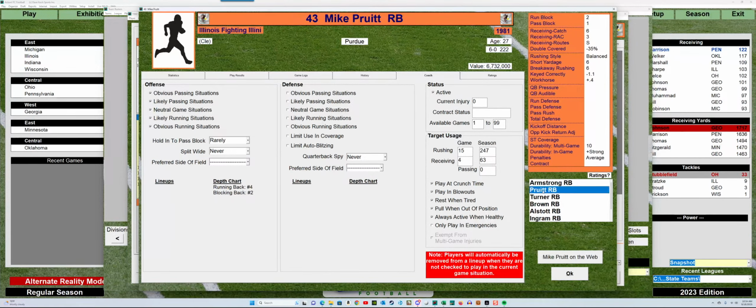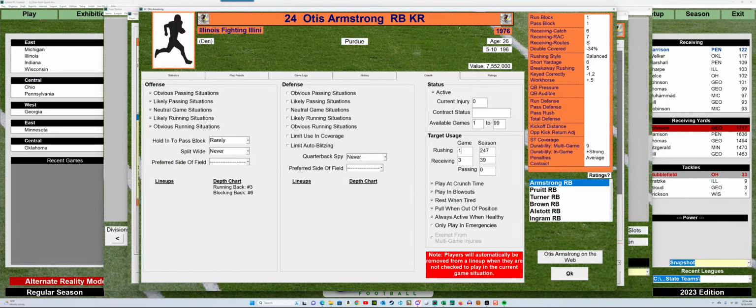Because now let's look at Greg Pruitt. He's going to get 15 a game. Turner, 21. Brown. So it defaults to what it would need per game to get them to be realistic. But hey, we're not going to get 120 carries in the game so that all these people get their stuff. But here's where you can go into your all-star team and start saying, hey, who are my main backs? I think I'm going to go